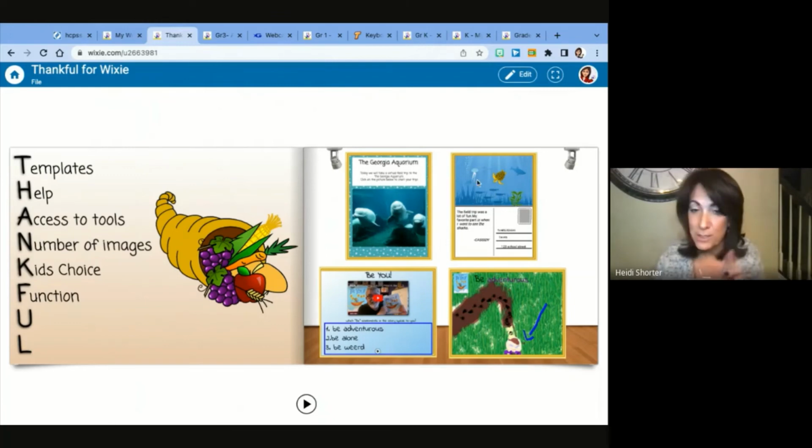Here you can see a sample of a student who created a picture with the stickers and the background tools, because they know they have access to all the tools. They created the postcard at the top and then the message at the bottom. This one didn't get to it, but they can even design their own stamps when they make their postcards. That's pretty fun.